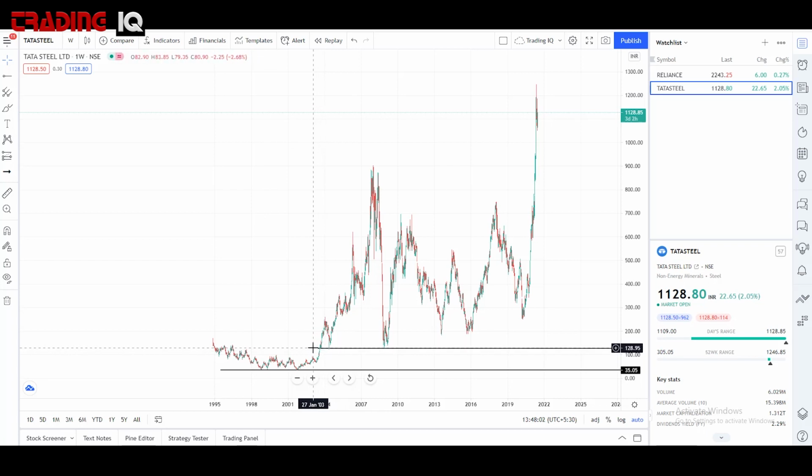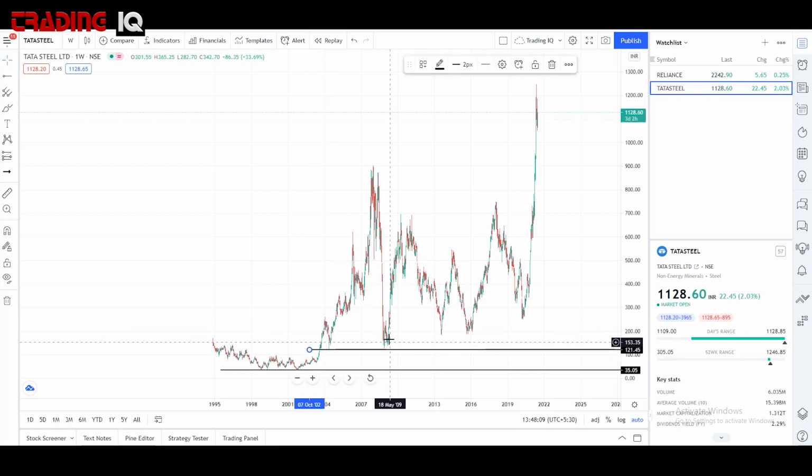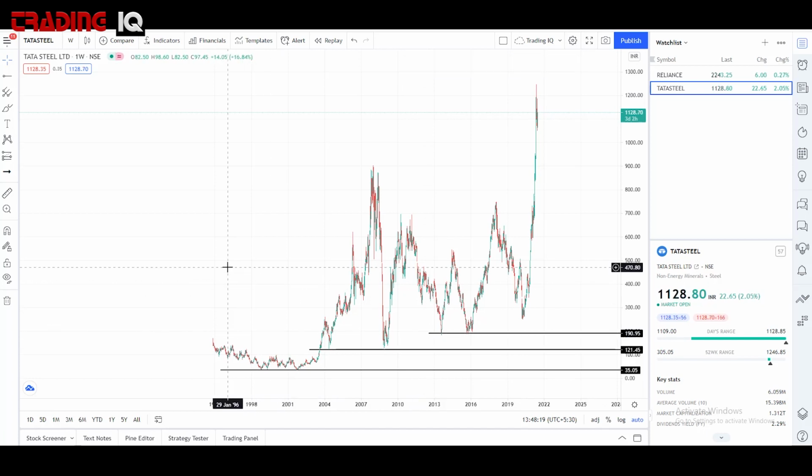Now, this is another support level that it created, right? It touched one time, and it barely touched another time, so twice. So this is another support level. That's how you need to draw different support levels and understand what support and resistance are. So just focus on drawing. Do not look at the price. Let's forget about the price. When you open a chart, look at it as a mathematical problem, right? Look at it that way.